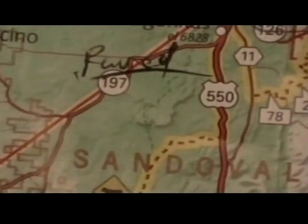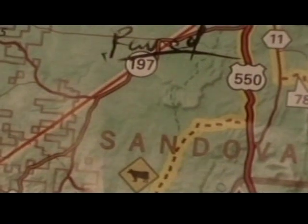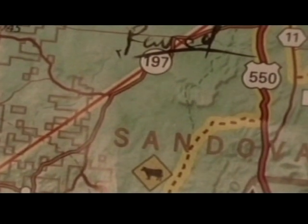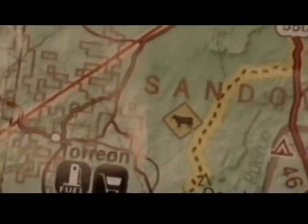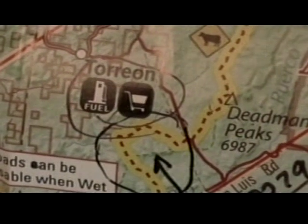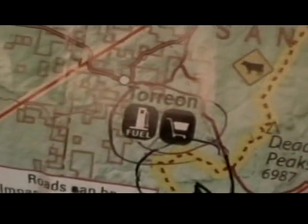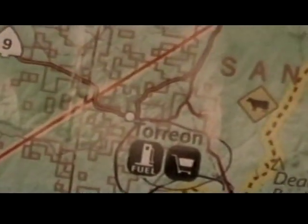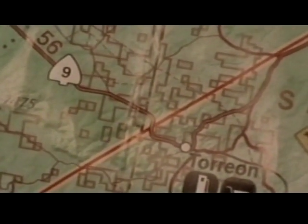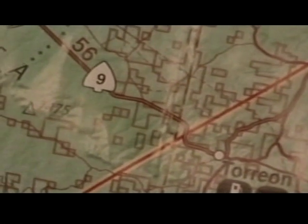Anyway, this is the road that we had missed the other day, so we wanted to try to catch it, and I have not been able to locate a number on it, but it was about 10 or 15 miles south of Cuba, following an arroyo back up through the mountains there, and back over by Dead Man's Peaks and San Luis Peaks and stuff there, and we tied into the Torreon Highway, like a Farmer Market Road, Indian Road or something. Went back up to Torreon and stopped and got some drinks, and didn't get any gas, but went on that road up, tied in with